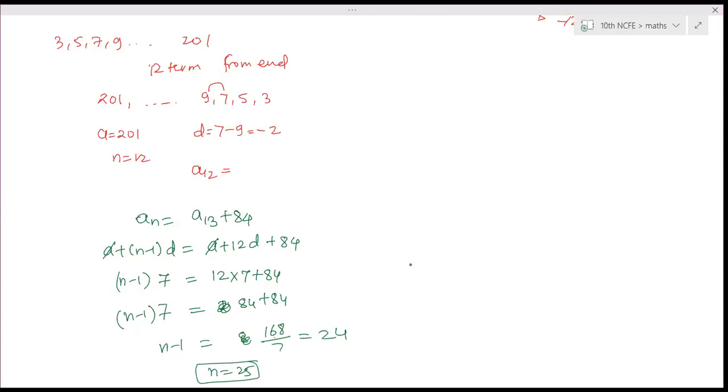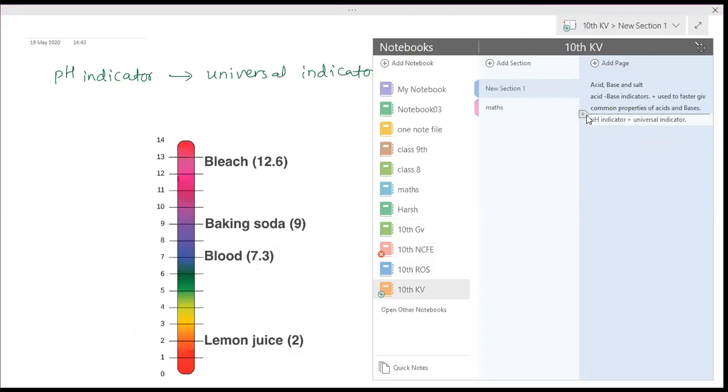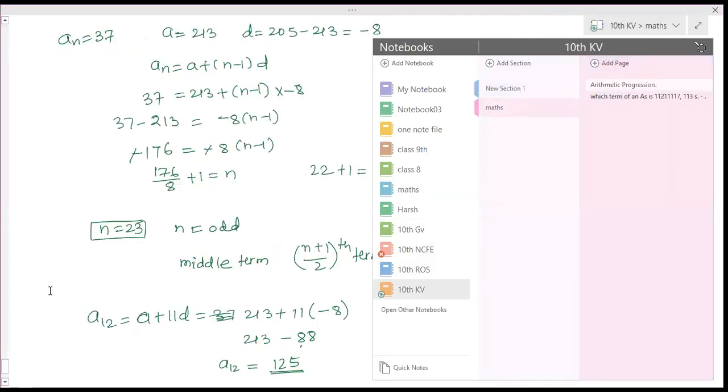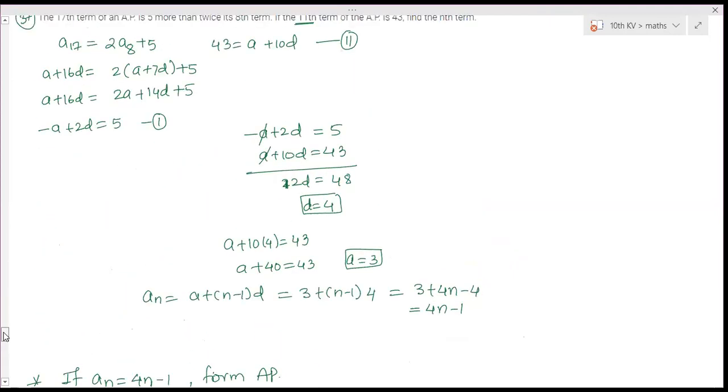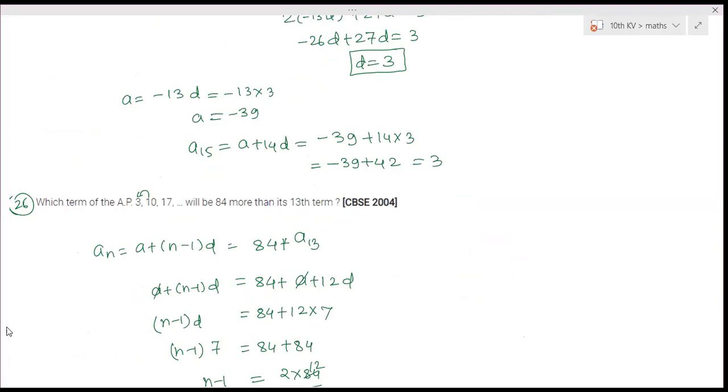Okay, ma'am. Any doubt? Yes. My doubt is in the 23rd question. 23rd one. What happens in that? The 8th term of an AP is half of its second term. Is that the question? Yes, ma'am. One second, I will copy that question. Just today only I solved that question. I have a doubt in the same question. Which question? The same one, 23. 23rd one. Okay, fine.